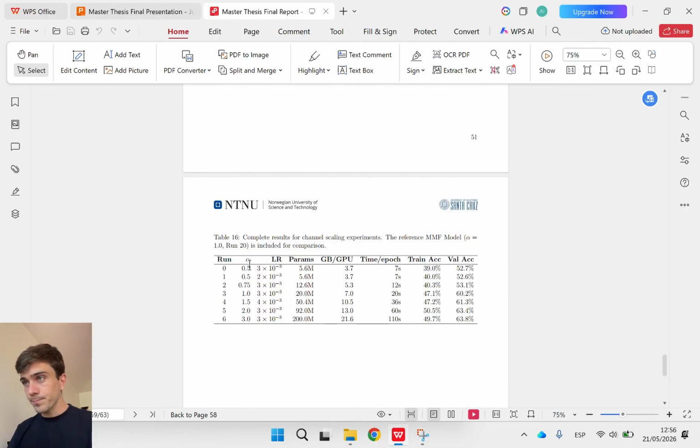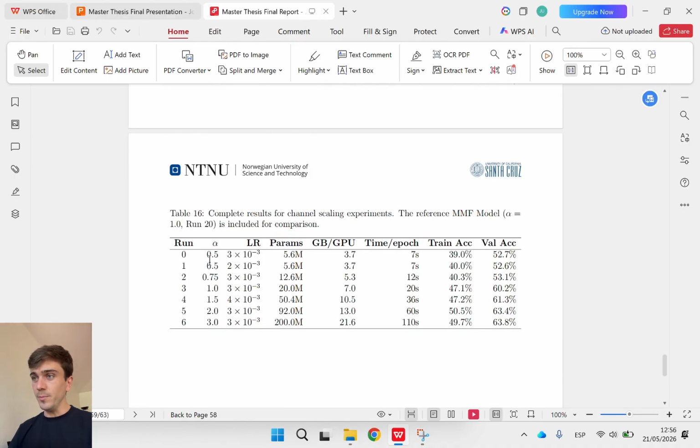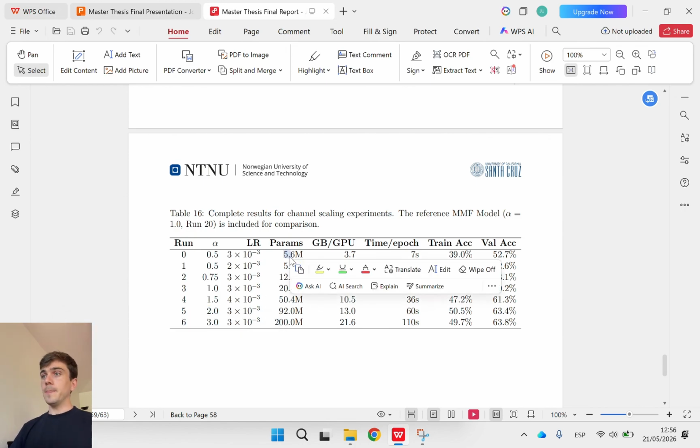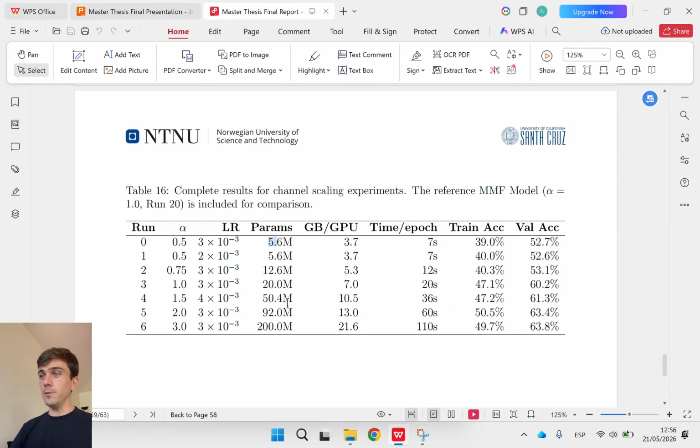So here alpha is the number that I'm multiplying the number of channels by. This means alpha 0.5 is that the number of channels is divided by 2 in all of the channels. And if alpha is equal to 2, the number of channels is double the original channels. And here you can see that the parameters with 0.5 is lower, and